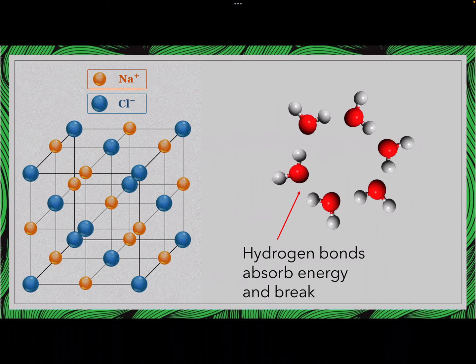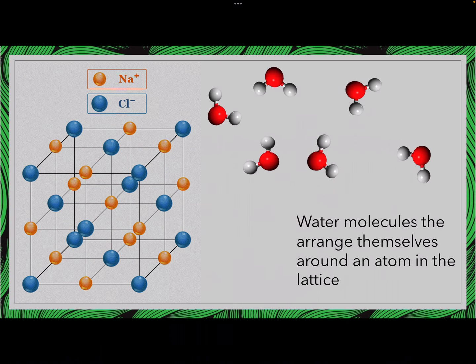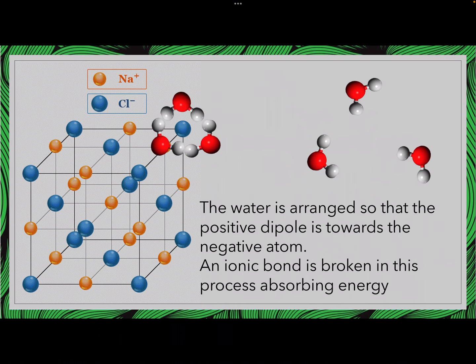The first thing that happens is those hydrogen bonds between the water molecules break. They're not official full bonds, they're intermolecular forces, but they break, and to do that they need to absorb energy. And suddenly they're not oriented like that, they're just all kind of random. What happens next is those water molecules arrange themselves around one of the atoms. Because they've got chlorine on the top corner, we're going to first go after chlorine. A few of those water molecules will come in and form a little shell around the chlorine. Now you notice with